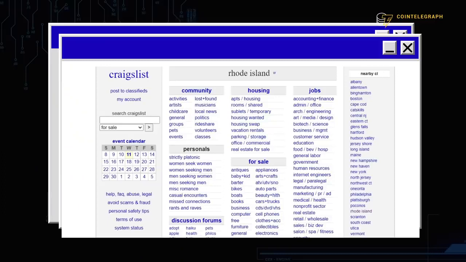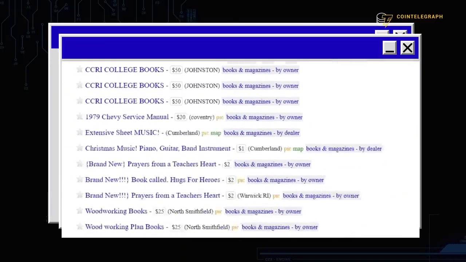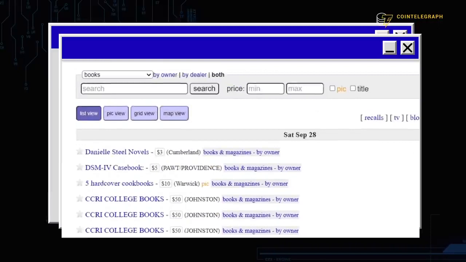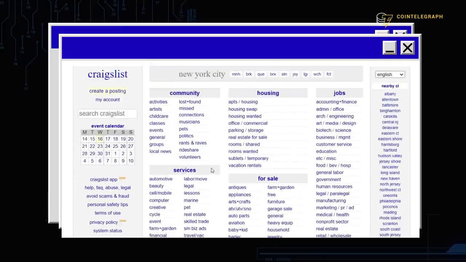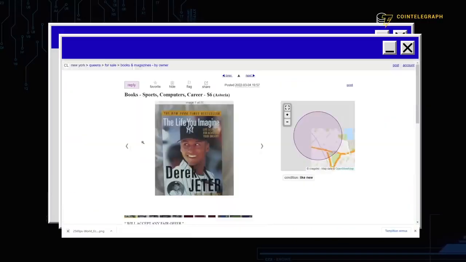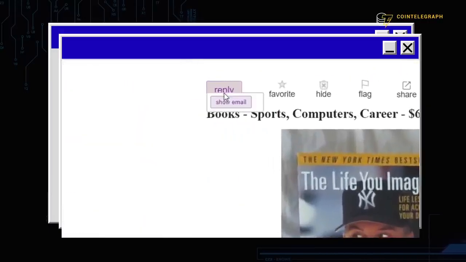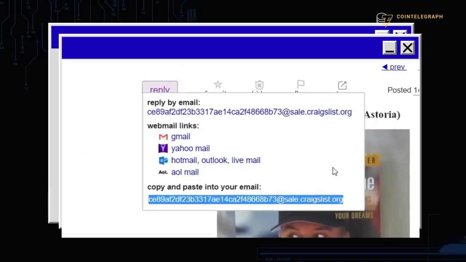The design is simple. Text on a web page. Almost every piece of text is a hyperlink leading you to another web page within the Craigslist domain. There are no profile pictures, no moving elements, no external links, and no messaging services. You can't even interact with the post directly. If you want to reply to someone, you have to hit the button, then email the automatically generated address on your own. This is why we call it static.